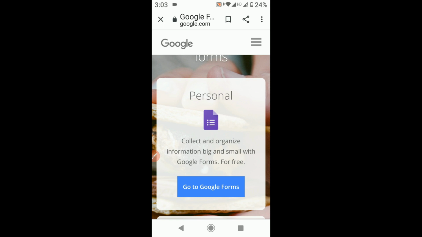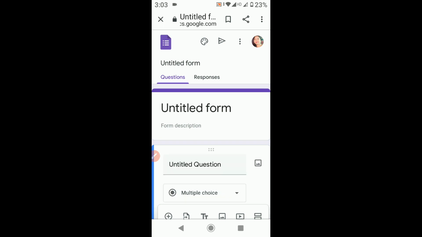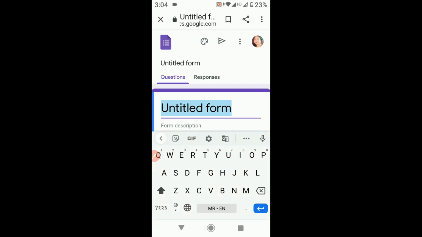The first one, that means personal, in that you have to click on Go to Google Forms. As you click on Go to Google Forms, the form will be opened in your drive. Next you have to give a name to your form. Here it is written as untitled form. You have to give the title as